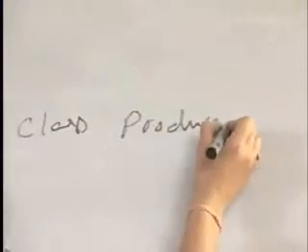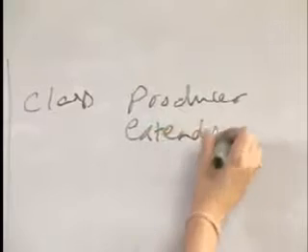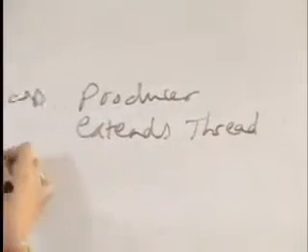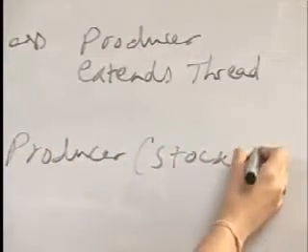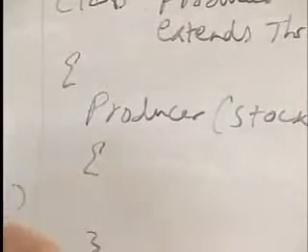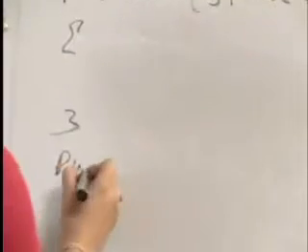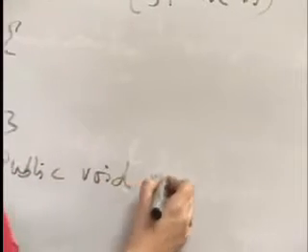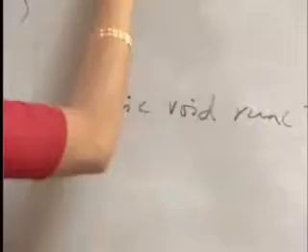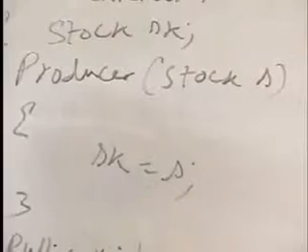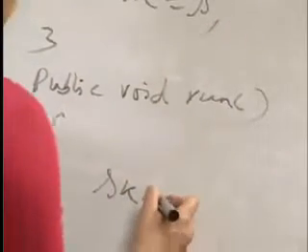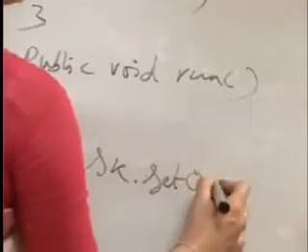This is the stock class. Let's assume that we have class Producer which extends Thread, and Producer has access to the stock object and overrides the public void run method, and using this stock object in the run method he calls setQuantityOnHand,